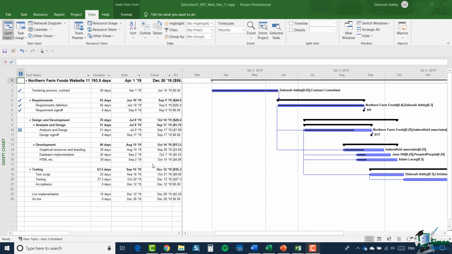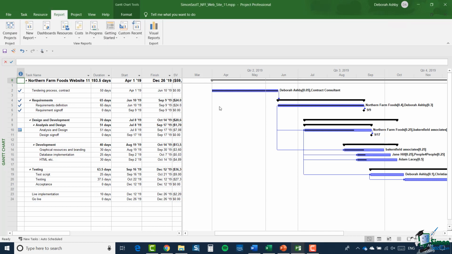Now, for the purposes of this section, we're going to use version 11 of the website project, and the reporting facilities are available on the Report tab. Now, to the extreme left of the Report tab, you have the Compare Projects facility. I'm going to look at that a little bit later on, but I want you to ignore that for the